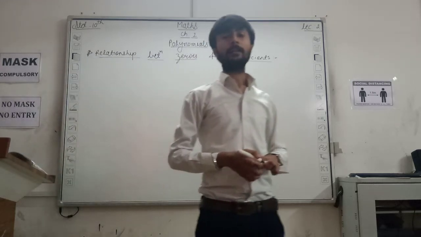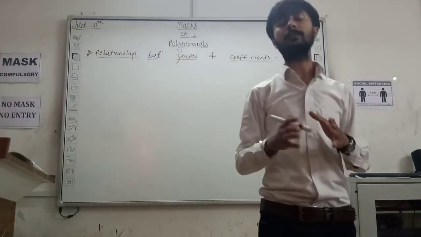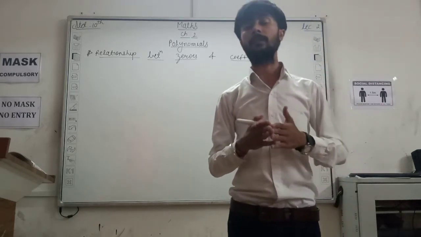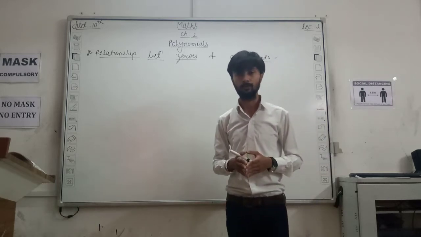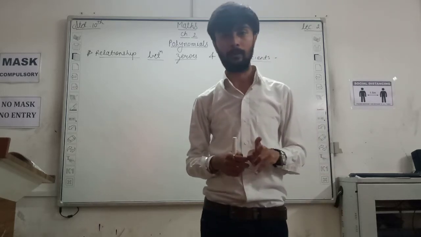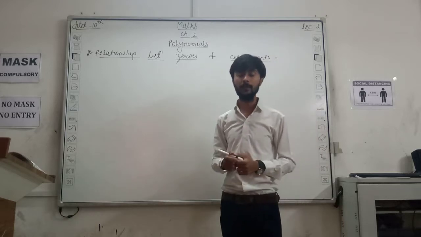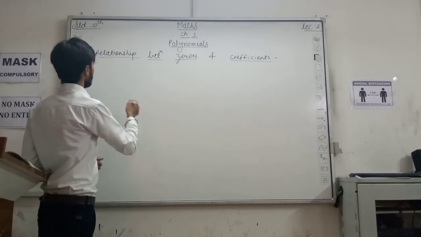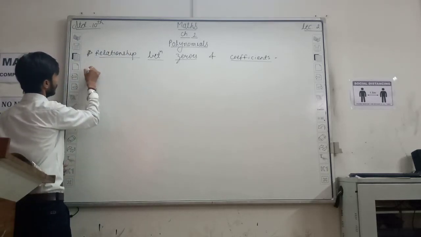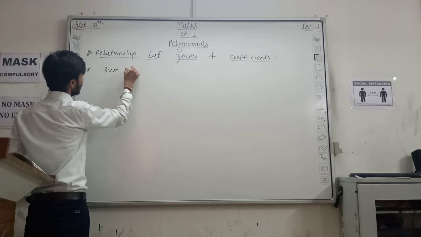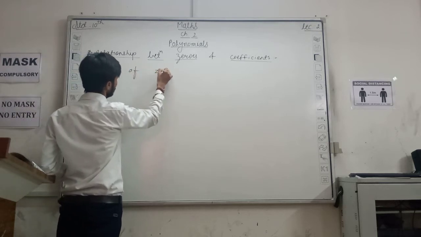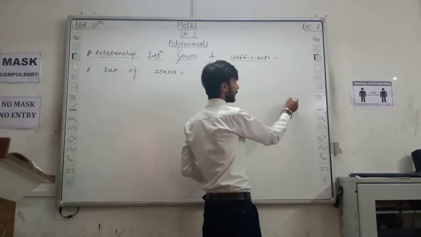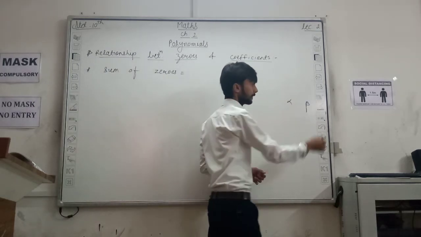Suppose we have any quadratic equation and we have to find its zeros. Obviously we know that for a quadratic equation, its degree is 2, so we get two zeros of that polynomial. Take the first one as alpha and the second as beta. First, sum of zeros. The first zero is alpha and the second zero is beta.